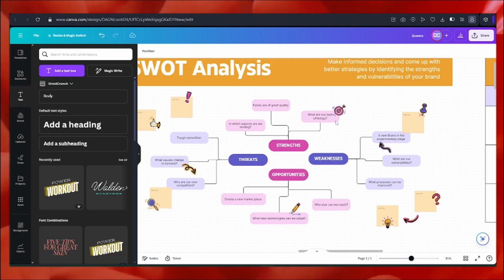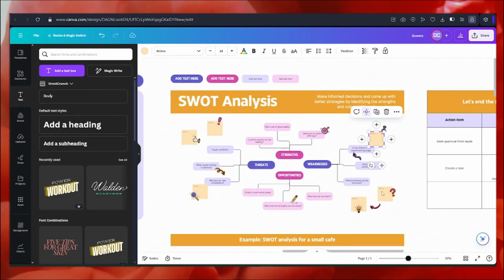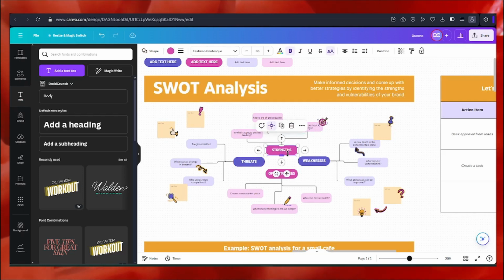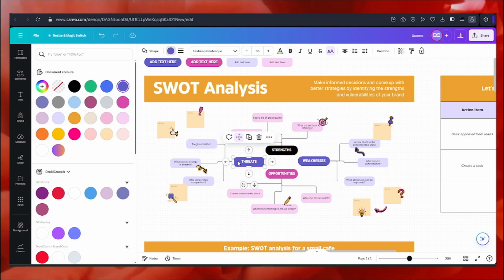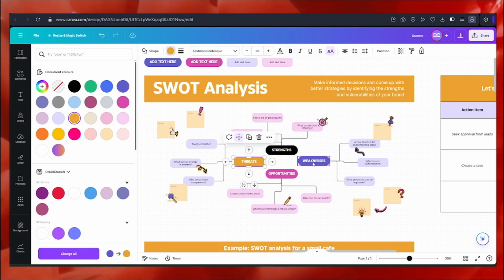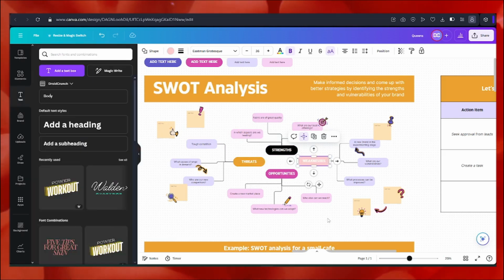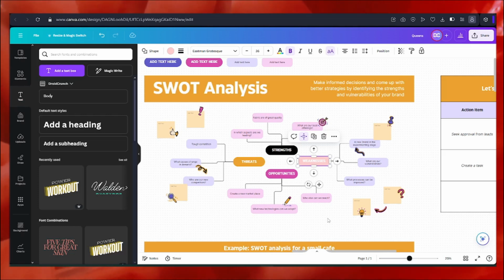Likewise, I can fill all the boxes, I can write in the sticky notes, and my flowchart will be completed in this way. Also, if I don't like the color format, I can change it from pink to blue or to black. I can change this to any color I wish. Likewise, I can change everything on the flowchart; the pre-existing template can be modified and changed. You don't have to worry about this, you are just getting the structure done. If you like it as it is, you can go with it, but if you don't, you can make changes.